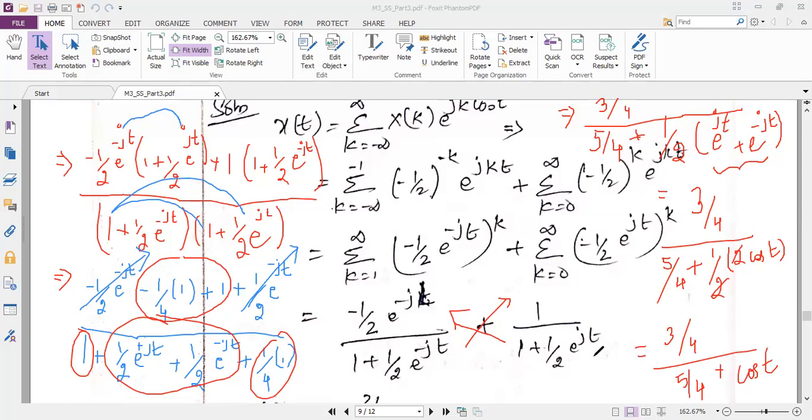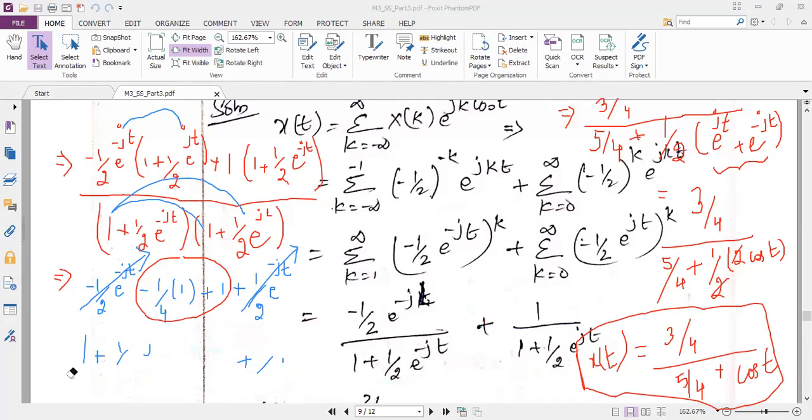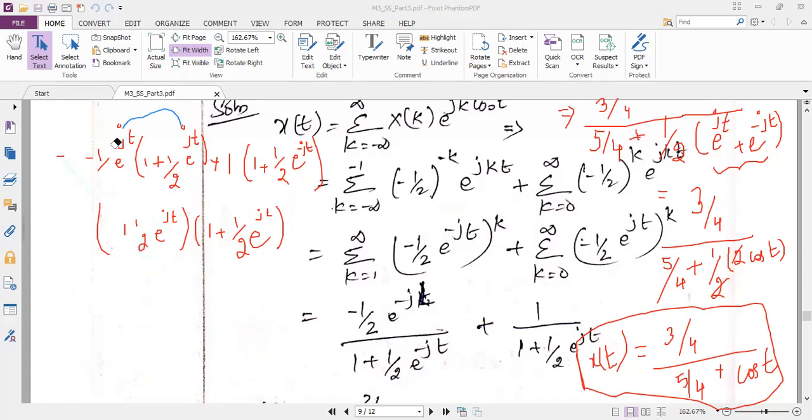When you write the exam, in the scheme, the teachers give the final answer as the key: 3 by 4 divided by 5 by 4 plus cos t. Suppose you do not take the LCM and do not simplify, you will lose a maximum of the marks. In my notes I am telling repeatedly that the steps are not done, so I have written the final answer directly. Now I have shown you all the steps in this problem.